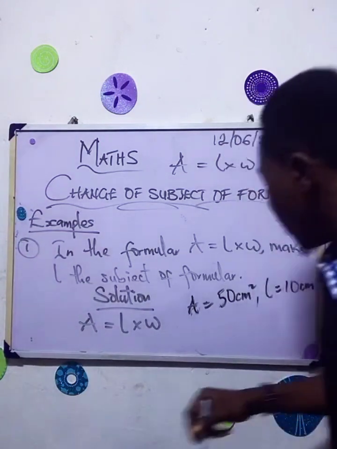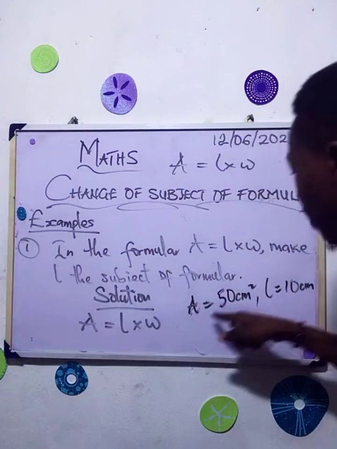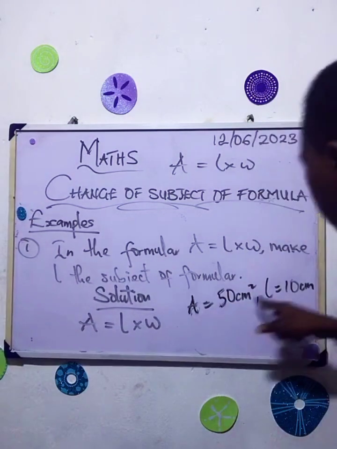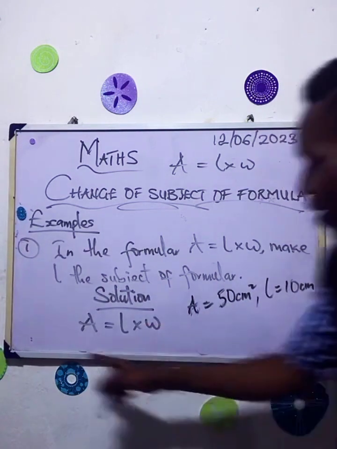So find the width now. Find the width of a rectangle whose area is 50 centimeters square and length is 10 centimeters. This is the question. In this case,